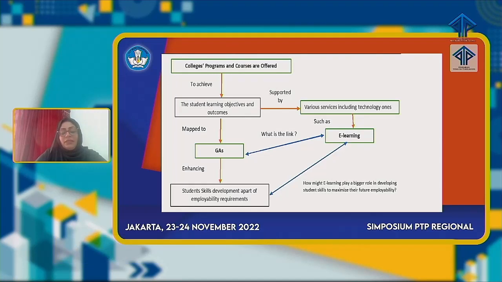These skills are definitely also required by the employer. The employers want someone who adds something to his or her work.